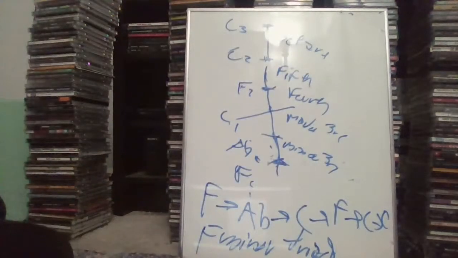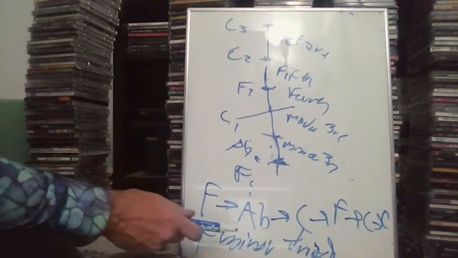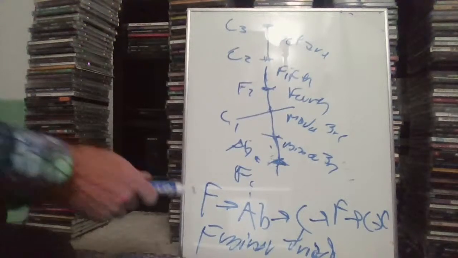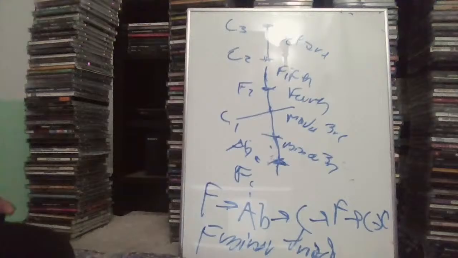So this F minor triad is based on undertones that don't exist in nature. The F minor triad is derived from the C, but doesn't exist in nature. The minor triad is a synthetic chord. It doesn't appear in nature. You're not going to hear a minor triad in any one sound in nature.